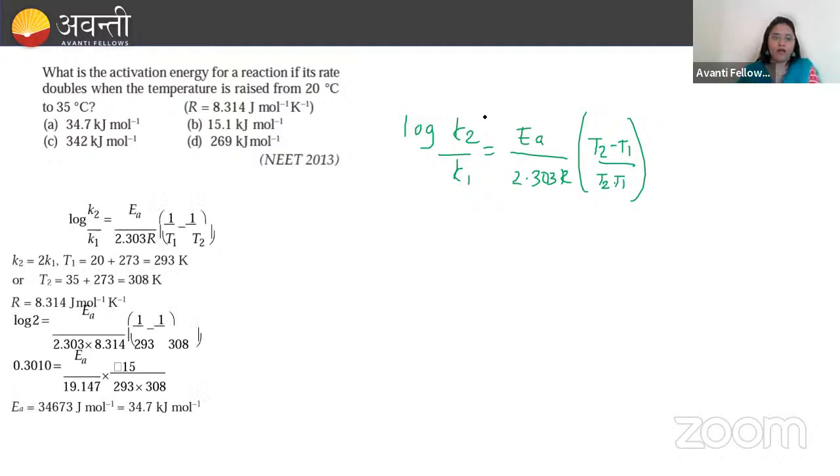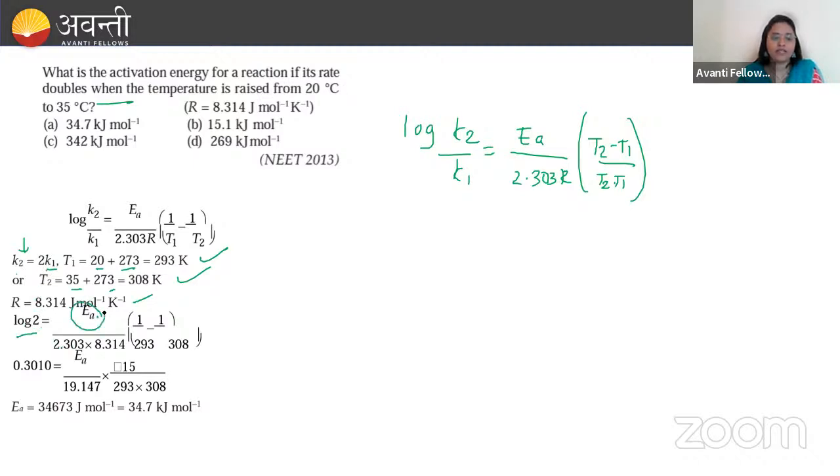Okay, so here I have calculated that what is given, what is the activation energy if its rate doubles, rate क्या हो गया, डबल हो गया, K2 is equal to 2K1, टेम्परेचर दिया हुआ है 20 से क्या हो गया, 35 हो गया, उसको 273 ऐड कर दिया, केल्विन में हम लोगों को दो टेम्परेचर मिल गए। आर का वैल्यू जूल पर मोल पर केल्विन में आपको पता है 8.314 है। ठीक है, तो पहले से दूसरा रेट क्या हो रहा है, डबल हो रहा है, तो यहाँ पे क्या आ जाएगा, log 2।